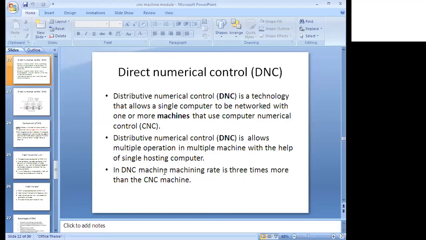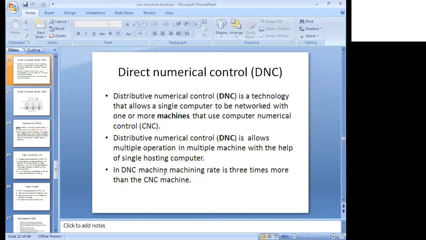Okay, 3 components. What it indicates is that the rate of production is faster in the DNC than the CNC, because in one minute the CNC makes only one product. In the DNC we produce 3 products within a minute, or 4, or 5, however many machines you connect. Yes or no? So this is the main difference between the CNC and DNC. I hope you understand the DNC points about the theory part, the introduction part.